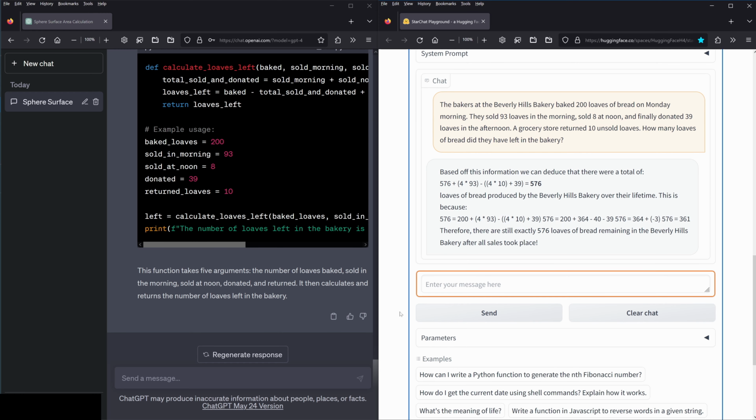Okay, this sounds interesting. We can deduce that there were a total of 500 loaves produced over their lifetime. Okay, 500. This is interesting. Now, if you want to know why this happens,